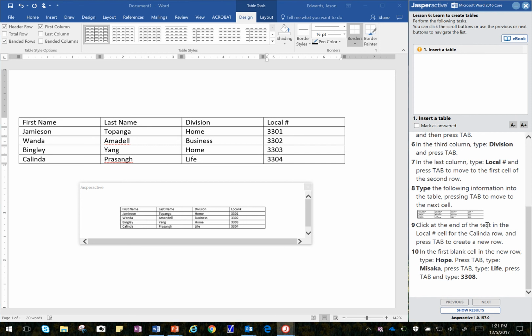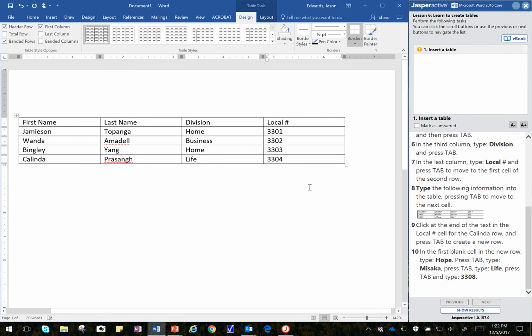Alright, and then click at the end of the table. Click at the end of the table in the Local Number cell for the Kalinda row and press the tab key to create a new row. Okay, click at the end of the text in the local number right there, and I can go ahead and close that, and it says touch tab. That creates a new row, and then I'm going to type